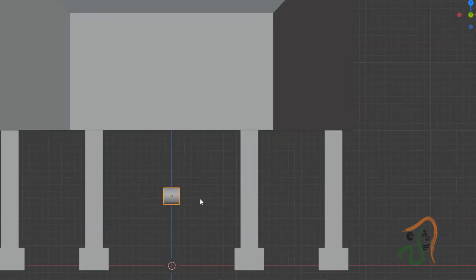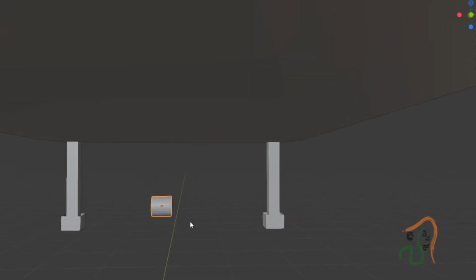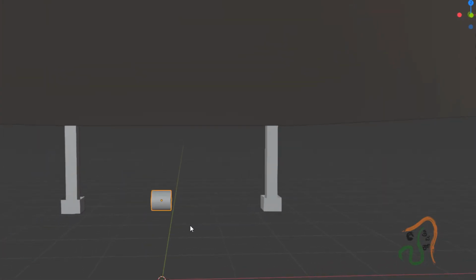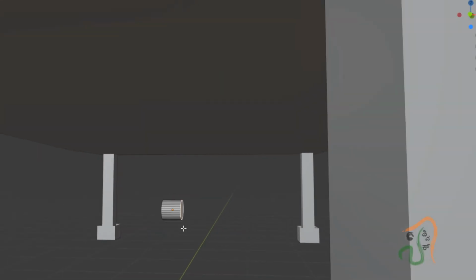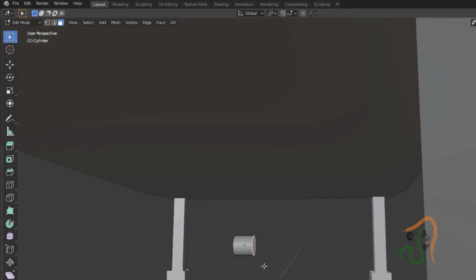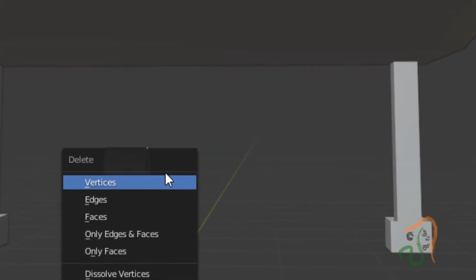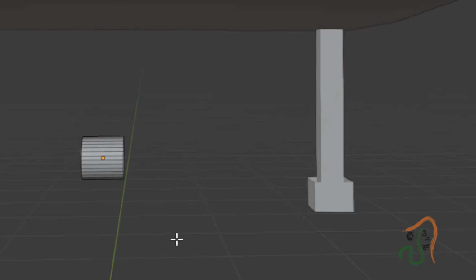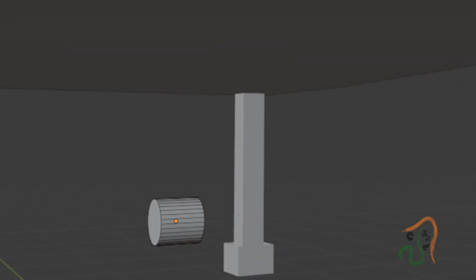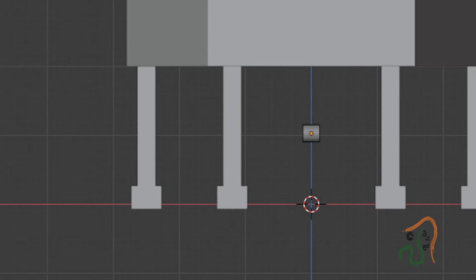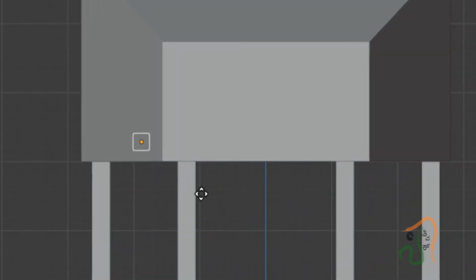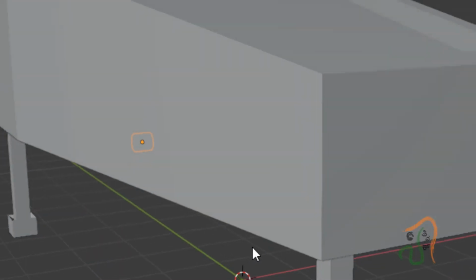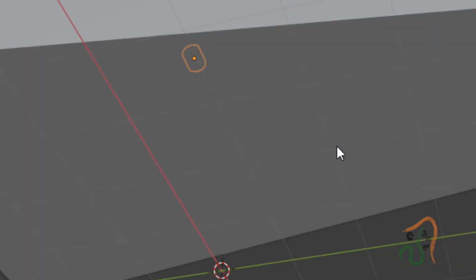After we scale it down, press Tab and come into edit mode and select the backside face here. With the face selected, press X, and let us delete that face that is not required. So this will act as a button. Press 1 and come to front view, press Tab and come to object mode, press G and place it somewhere here.